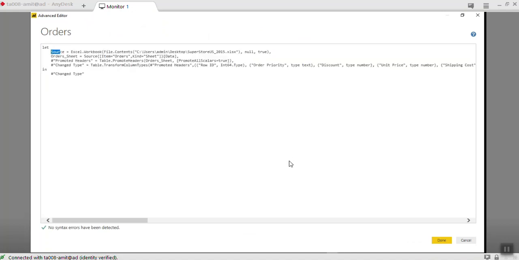Just the basic read-up of the query: this is the source. The format of the file was Excel workbook. Then this is the path of that Excel file in my personal system.